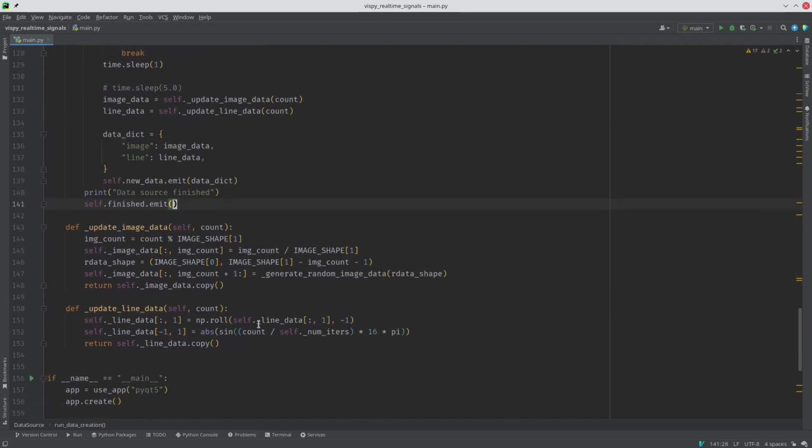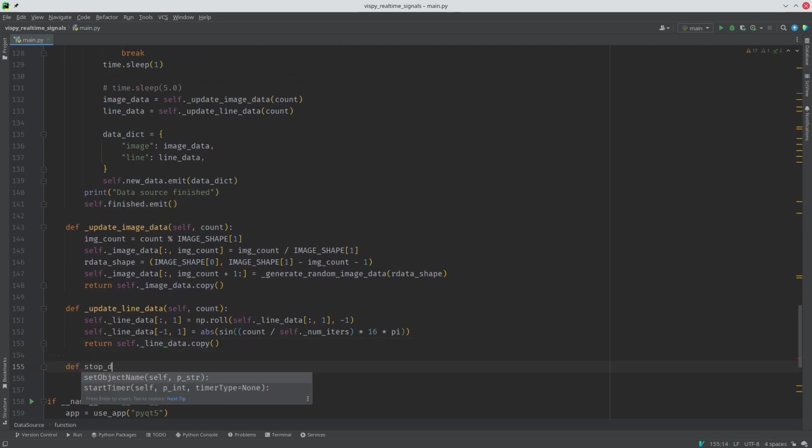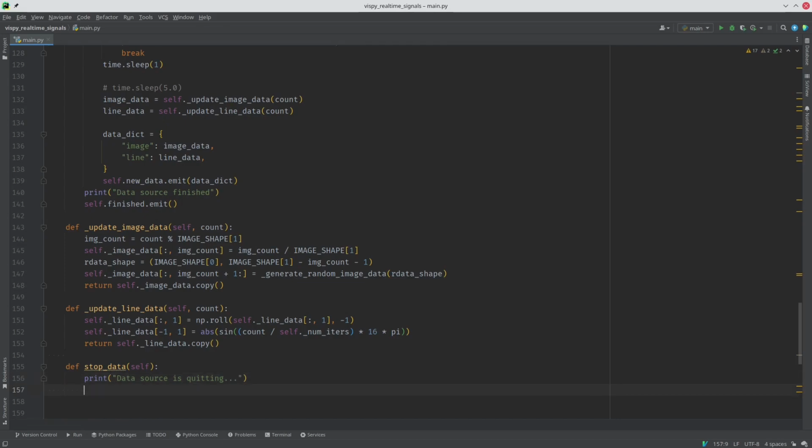Okay, lastly, for the data source, we need to add a new method that we connected to called stop data. I'm going to add another print statement just as a notification, saying the data source is quitting. Somebody told us to stop. The way we connected our signals, that means the main GUI window will tell us to stop when it's closing. And in this method, the only thing we're going to do is set should end instance property